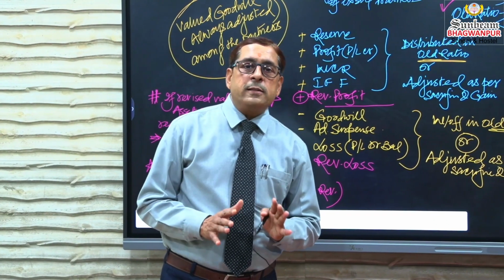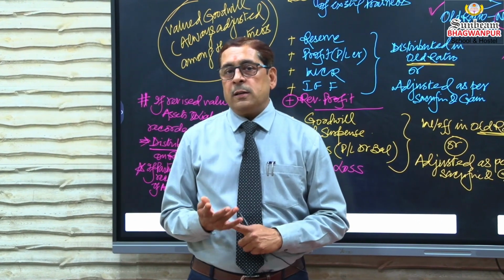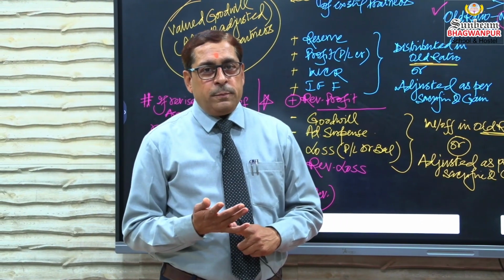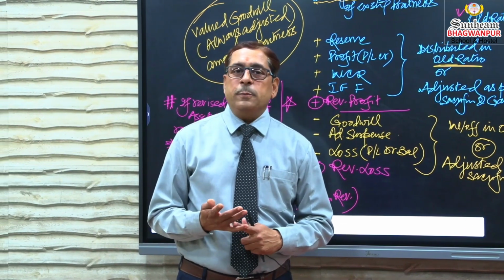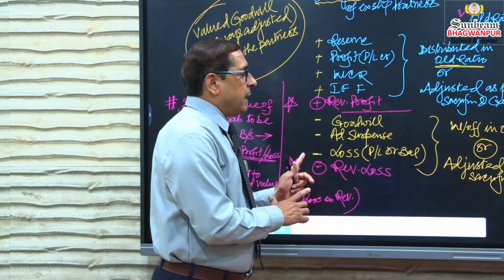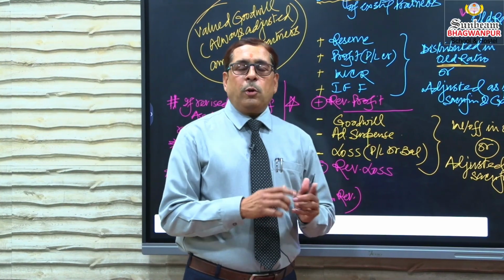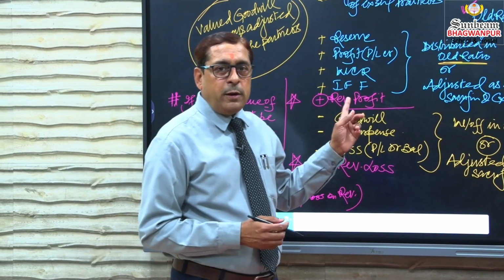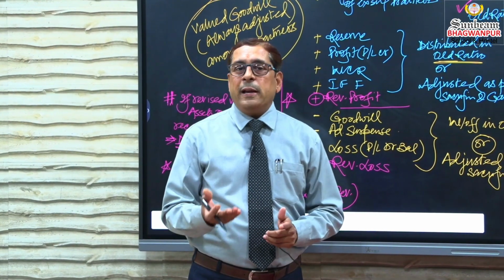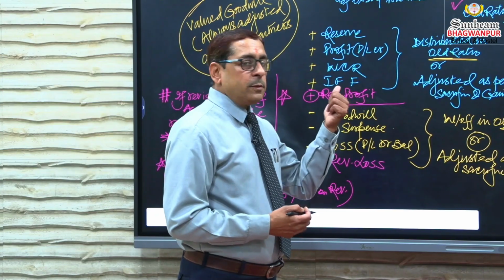This is all about this chapter, reconstitution of partnership, change in profit sharing ratio of existing partners. This chapter consists of two major topics. One is valuation of goodwill. Second is accounting treatment for change in profit sharing ratio. This class is going to be very, very important for you. Revise it because generally we find a 5 marks question from this topic. Sometimes we may get an 8 marks question from this topic. So go through this video lecture,